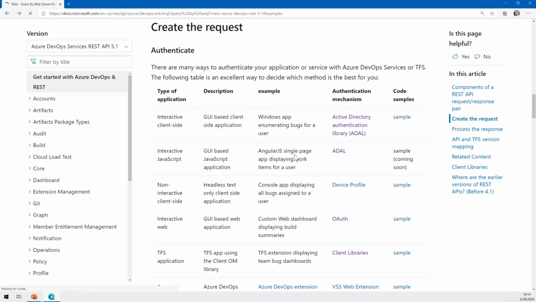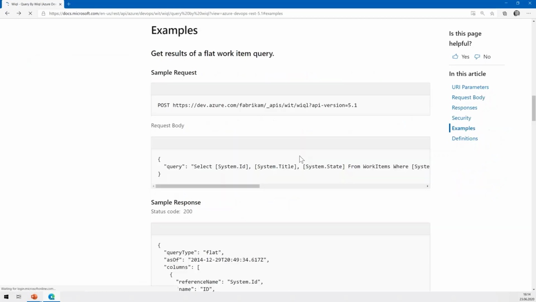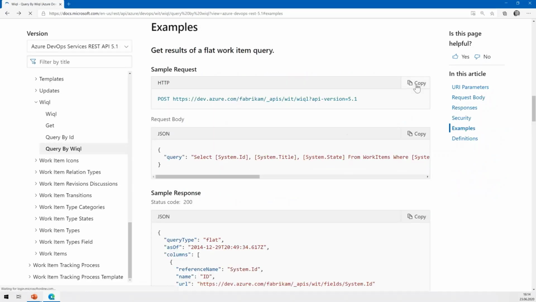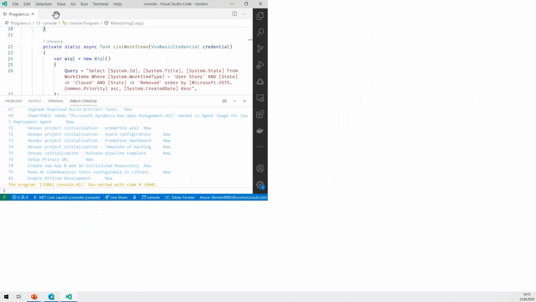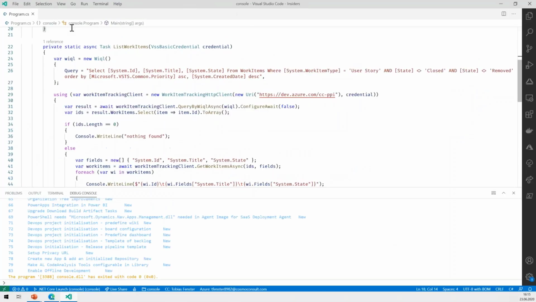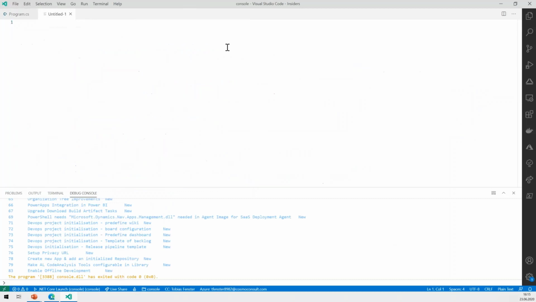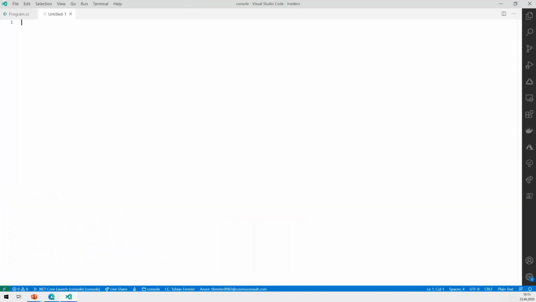So what we want to do now is run a WIQL query. For that, I will just copy the sample request here. I'll switch to Visual Studio Code. Let me put that on the right screen. So we have it here. We will use that as the second demo, but I want to show you that this is really created from scratch.